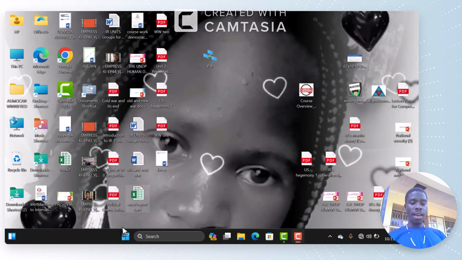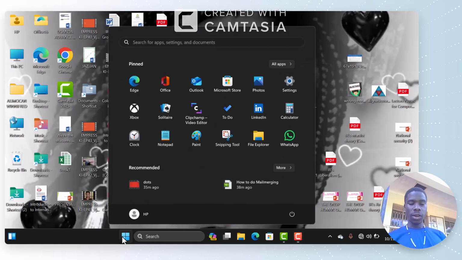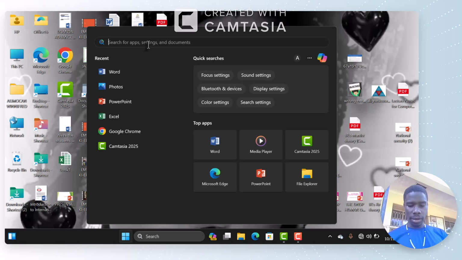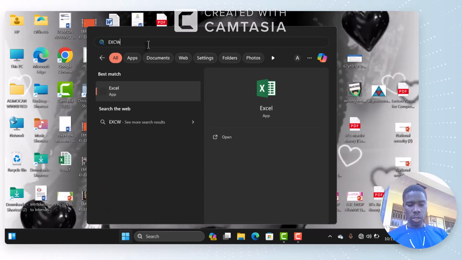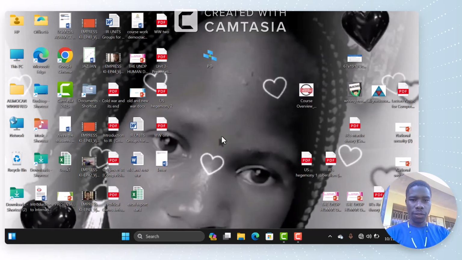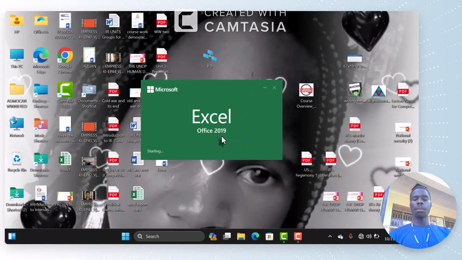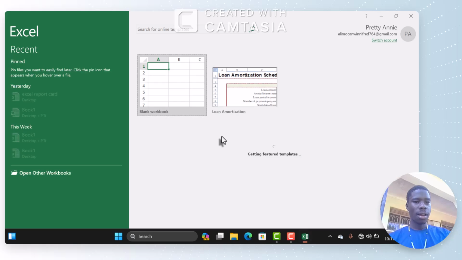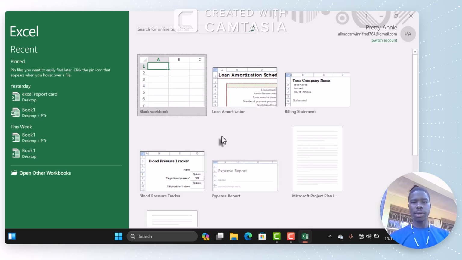So, ladies and gentlemen, this is how I open my Microsoft Excel. I'm going to click on the Start button, and on the dialog box, there is no icon for Microsoft Excel. So I basically search manually by typing Excel. Upon typing the word Excel, the computer introduces me to the Excel app, where I can open it using that provision. Upon opening there, ladies and gentlemen, the computer brings me to a screen which is